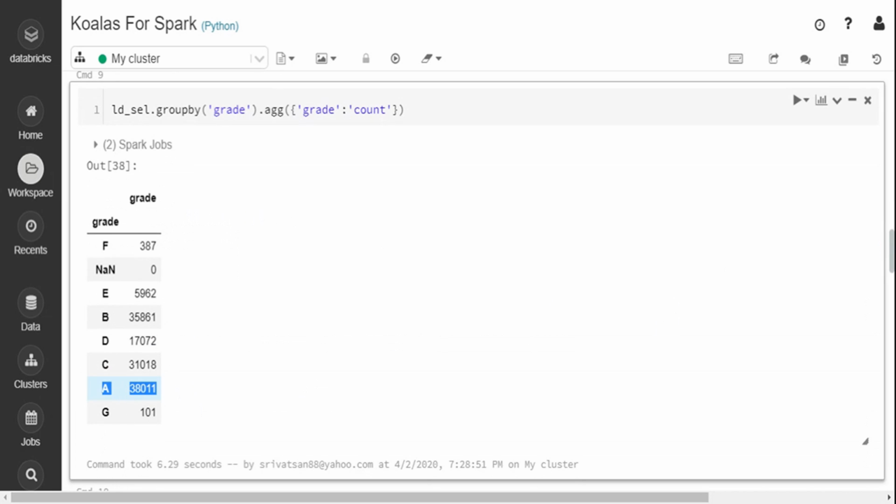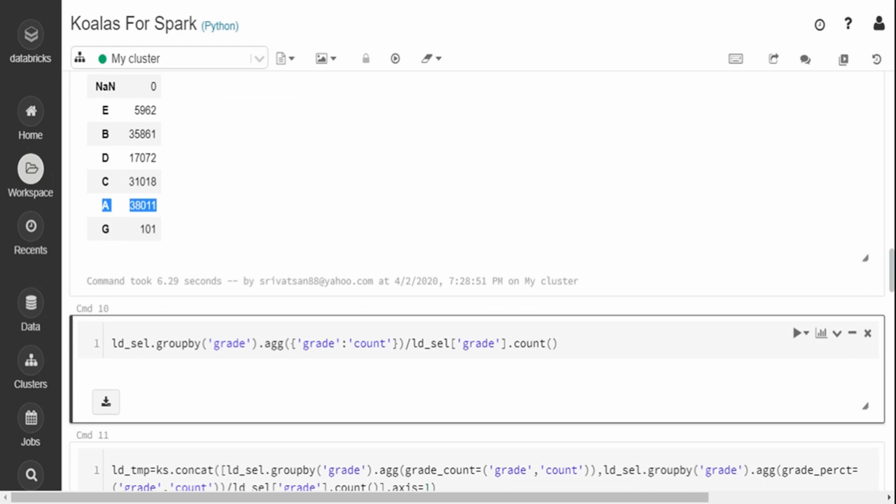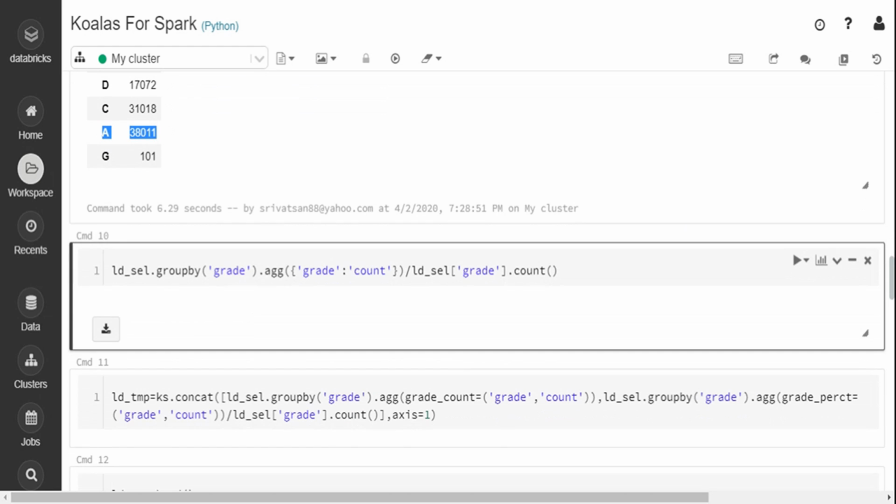In this case, the A grade has 38,011 accounts. The B grade has 35,861 accounts. Basically most of the customers are in A and B grade, and the C grade as well. Typically you want to give loans to people who are more able to pay back, so you typically give more loans to the higher grade customers. So this is one of the functions.